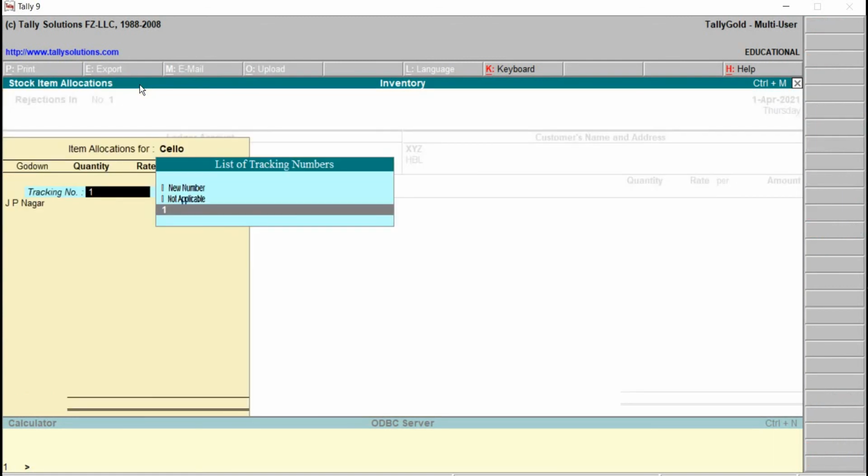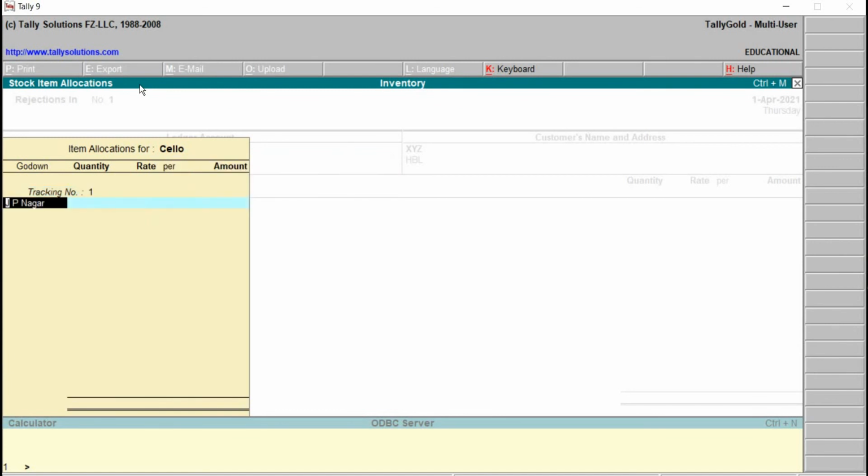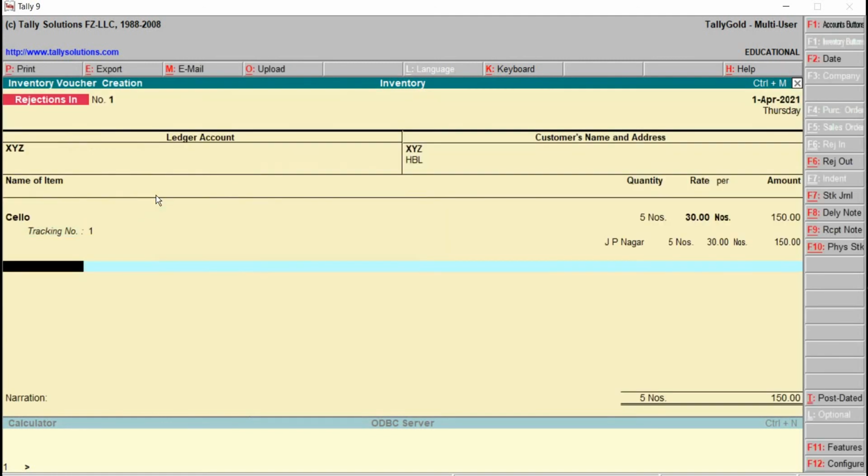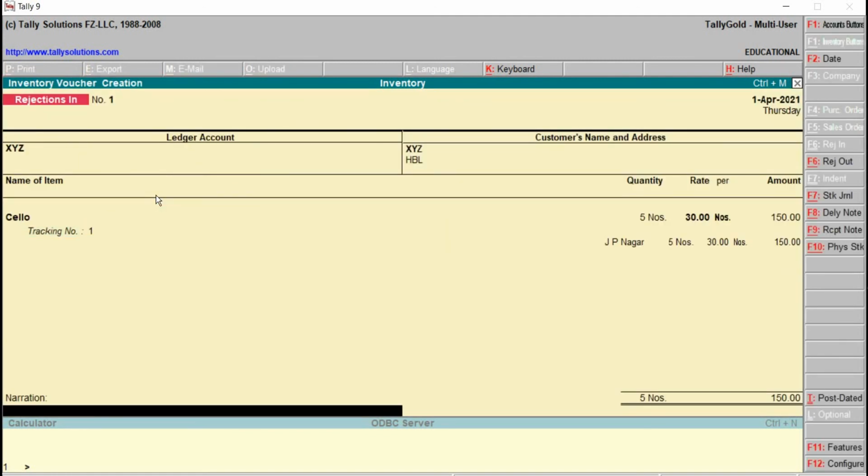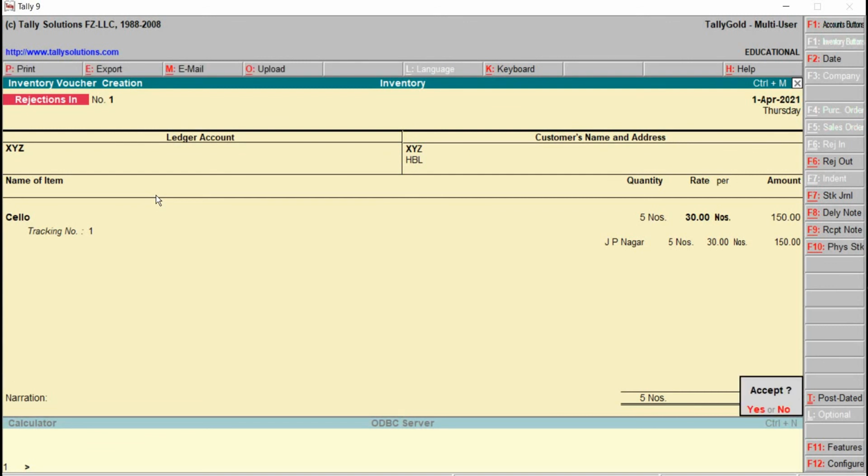The tracking number, this will track your sales, and the godown is JP Nagar. The quantity will be, I just take here 5. Rate will come automatically, what is entered via the sales voucher, end of the list. Type the narration, then later save this one by pressing Y from the keyboard.